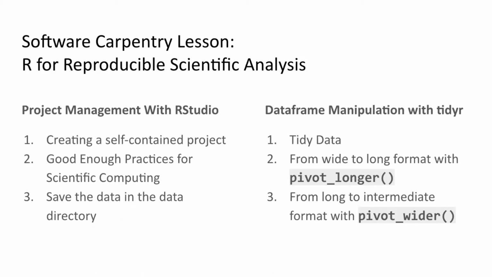So we are first going to load some data into RStudio, in which I will stress some good data management practices. Then we will use R functions to reshape that data. We'll use pivot longer and pivot wider, which can take a data frame that specifies precisely how metadata stored in column names becomes data variables, and the other way around. If you would like to follow along, at this point you should open your RStudio application, and then you can have the lesson with you as we work through it.